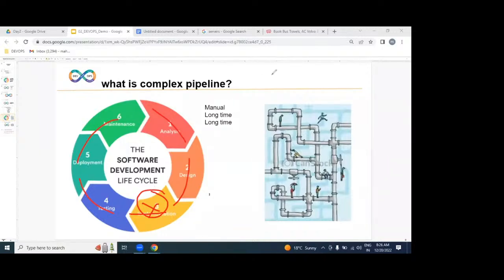So what is the point I want to tell you guys, please? Due to the manual process, if any issue occurs, identification will take a long time. Resolving the issue also takes a long time. An example I gave was the water pipeline. The water pipeline is underground. Somewhere else there is a blockage. Can you identify that problem immediately?